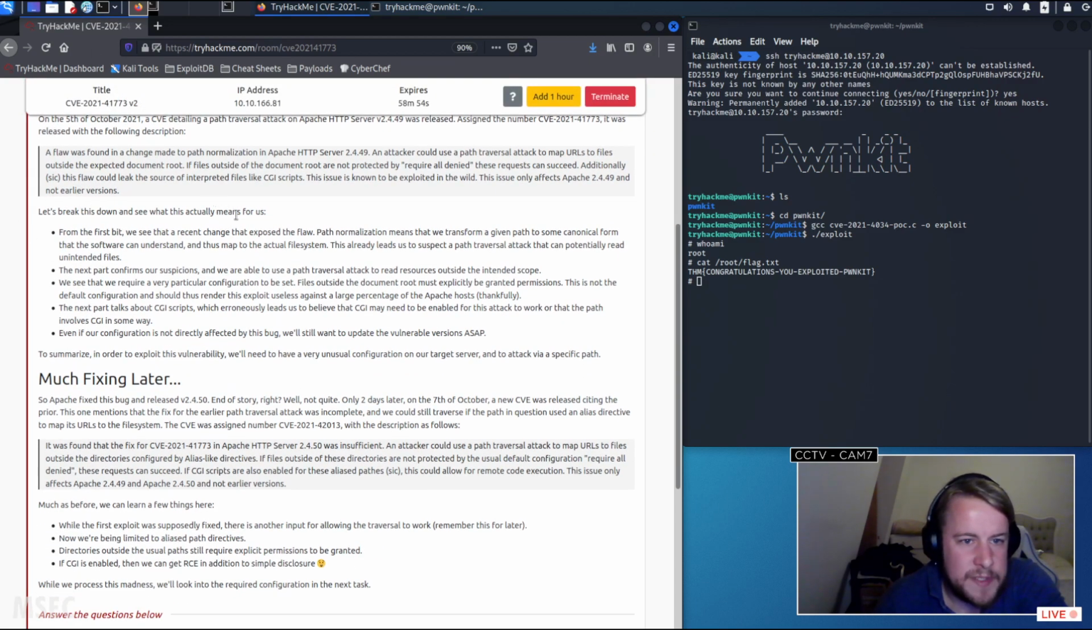So let's break down what this means. From the first bit, we see the recent change that introduced the flaw. Path normalization means that we transform a given path to some canonical form that the software can understand and thus map to an actual file system. This already leads us to suspect a path traversal attack that can potentially read unintended files. The next part confirms our suspicion, and we are able to use a path traversal attack to read resources outside